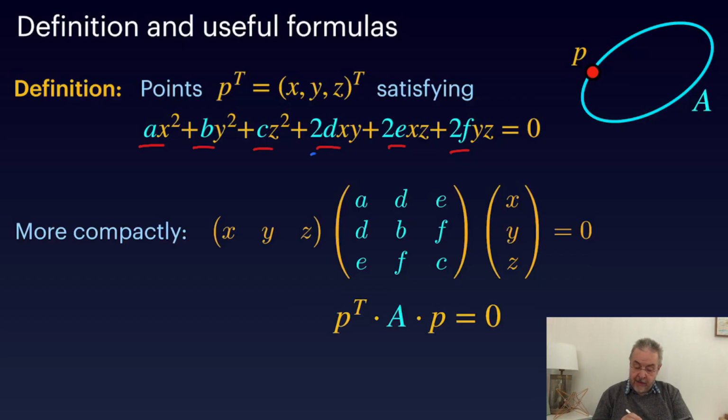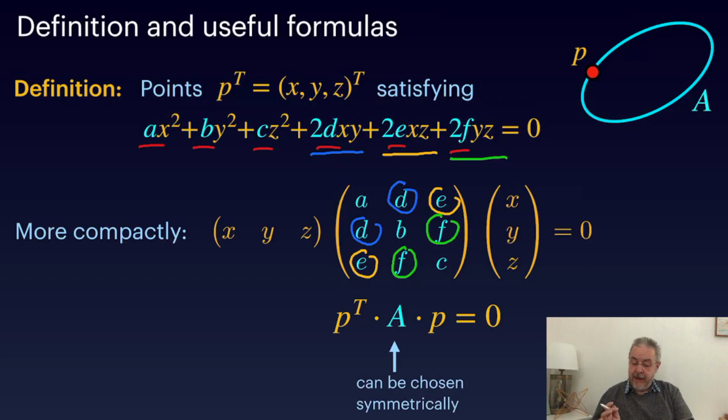So the xy term comes from the sum of these 2 numbers. The xz term comes from the sum of these two numbers, and the yz term comes from the sum of these two numbers. And in principle, we can always make sure that our matrix is given in a symmetric way